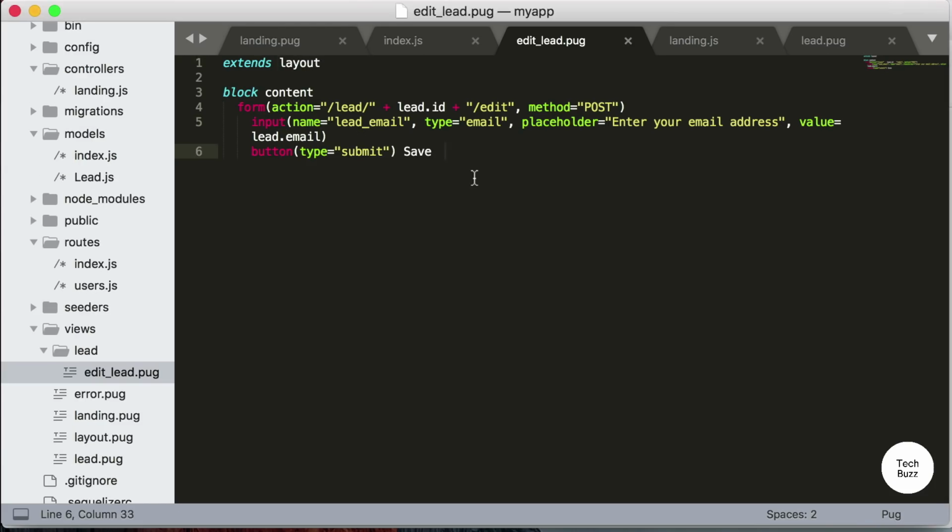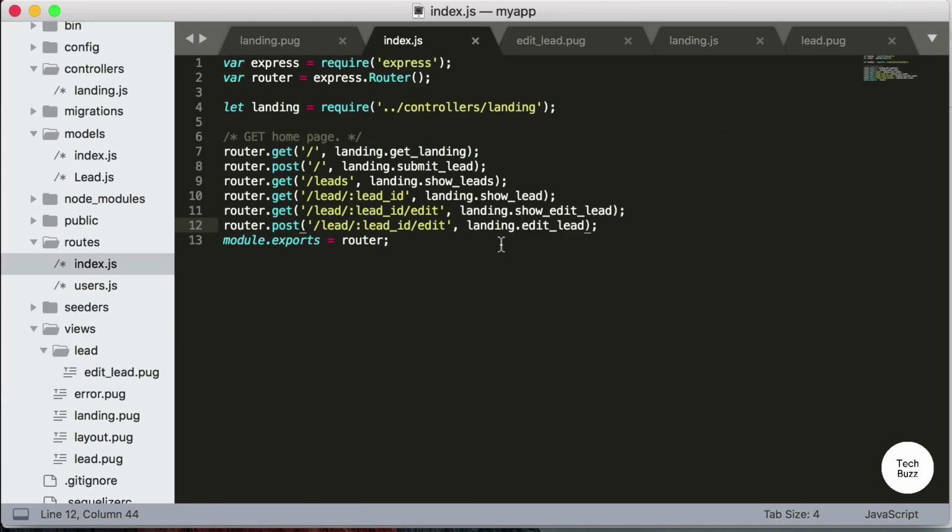Now let's save this file. Because this file is one subdirectory under views, because we created this lead directory and we are referring to layout.pug at the beginning, we need to update also our reference to go one directory level below. Now if we go back to our index.js file, we haven't defined the root handler edit_lead for the